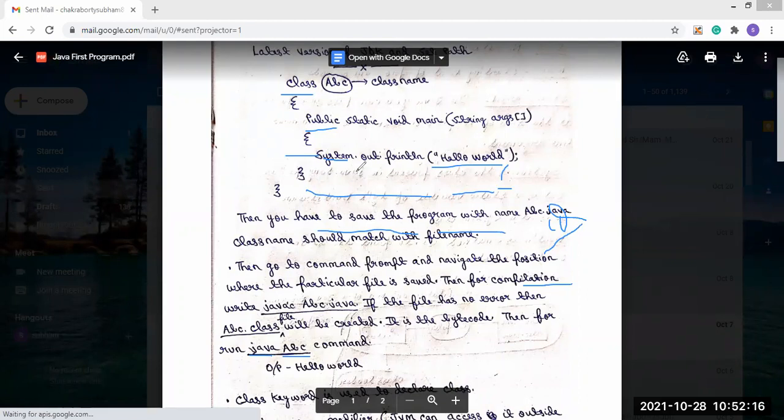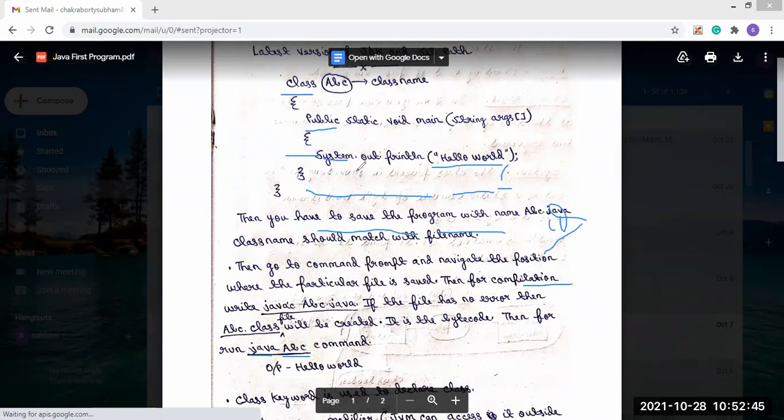And protected means that it can be called from other classes also. But there is a condition: the class from which we are calling this method and this class should be present inside the same package. Then only it can be called, otherwise it cannot.